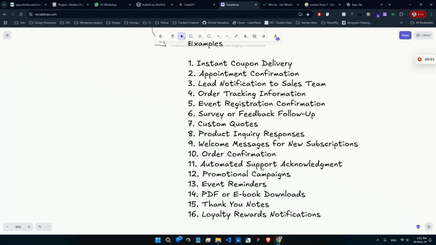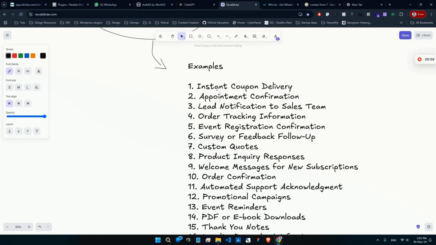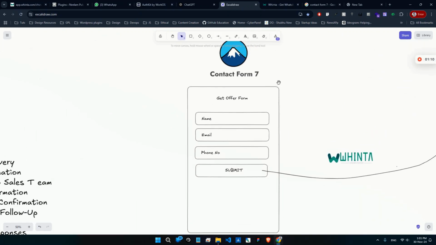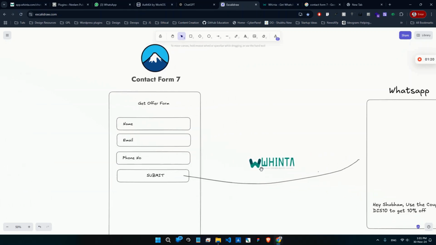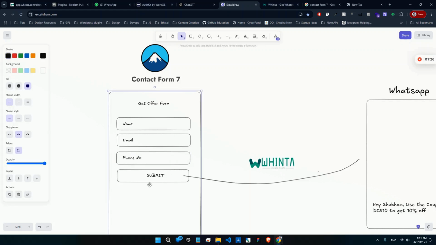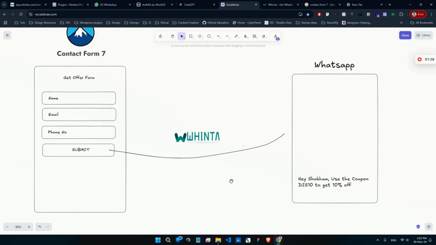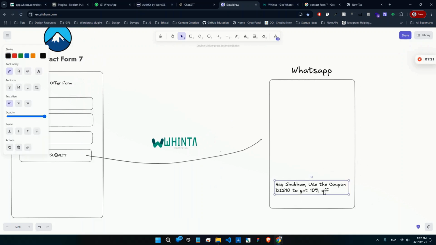Before diving into that, I'm going to give you a short brief example. Let's pick the first option: I want to send a coupon to our customer who fills up our Contact Form 7. For that, I have created a demo form here. This is the Contact Form 7 form, where we get the user's name, email and phone number. After the user submits this form, in the backend Whinta uses this phone number and some admin values to send the user the discount